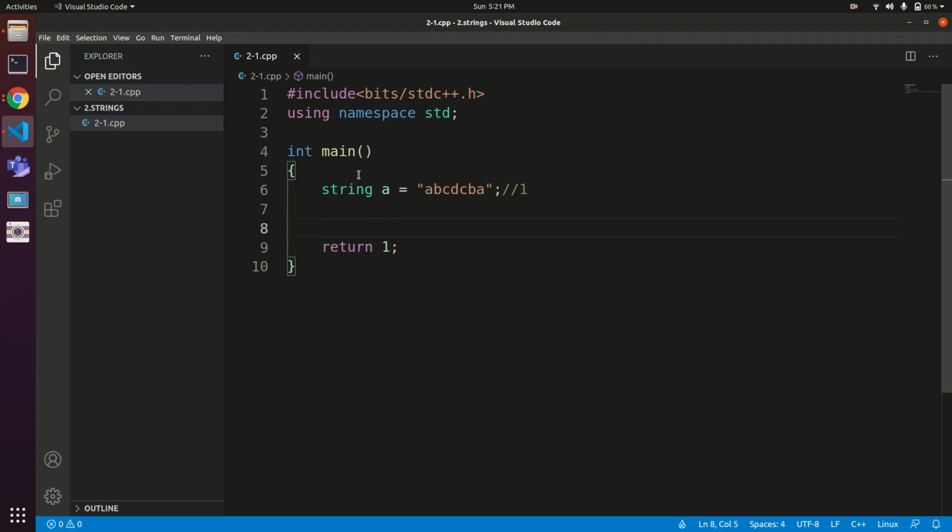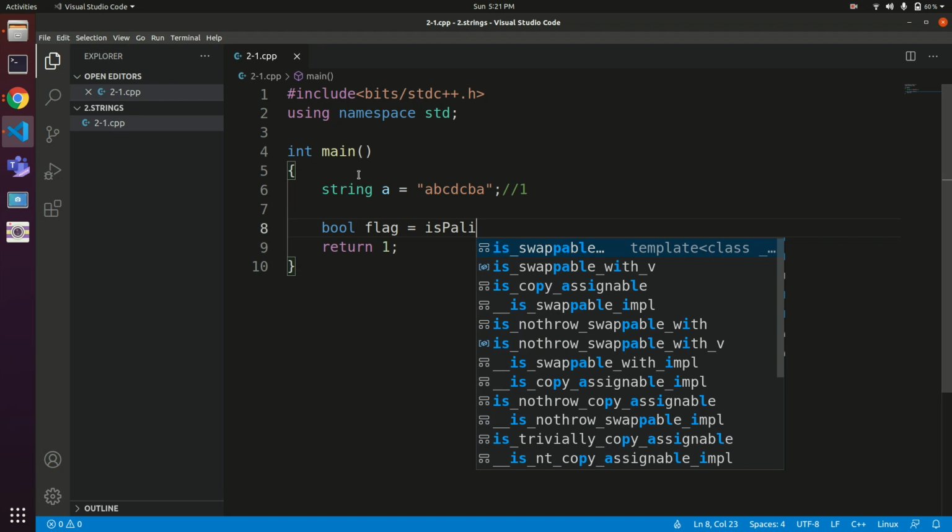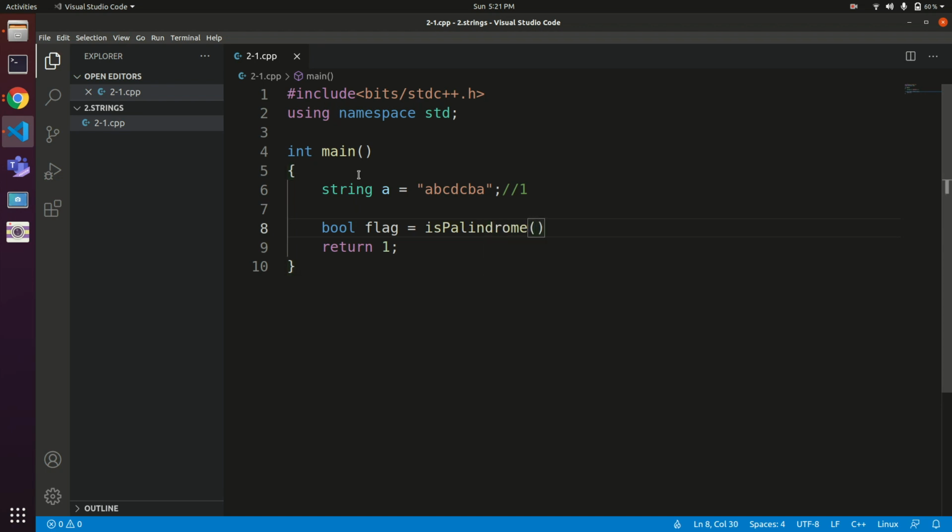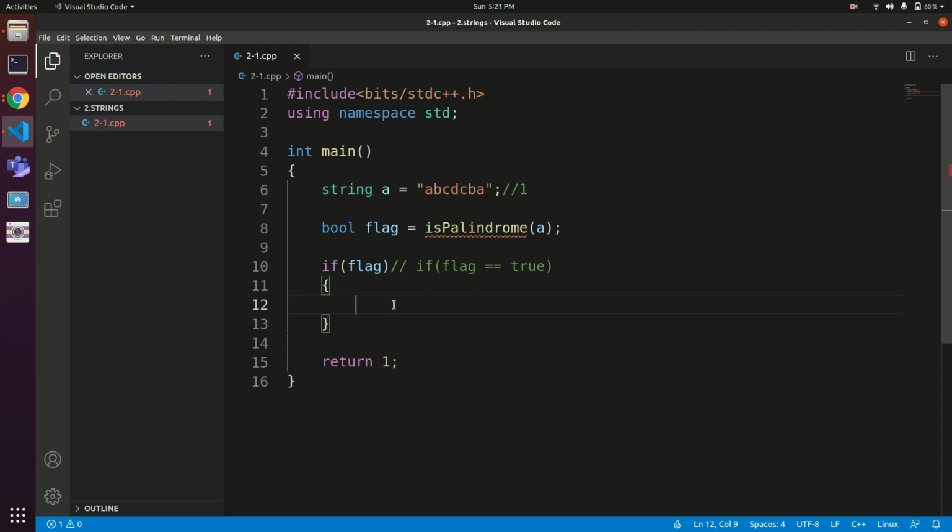Let's take flag equals isPalindrome, and pass the string into it. If flag is true, it is the same as writing if flag, because only if it is true would this condition be true. Remember, this is just the shortened version of writing if flag equals true. As we write, we will optimize the code.